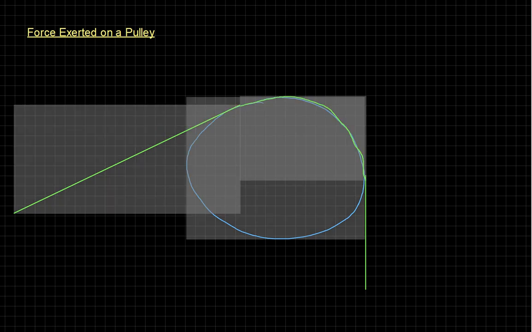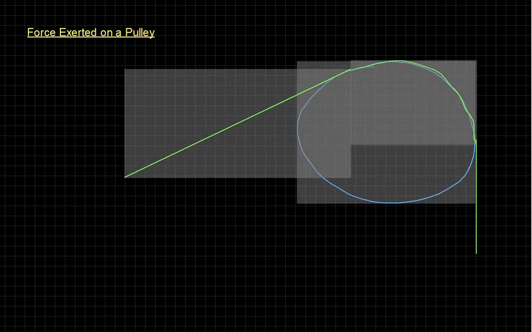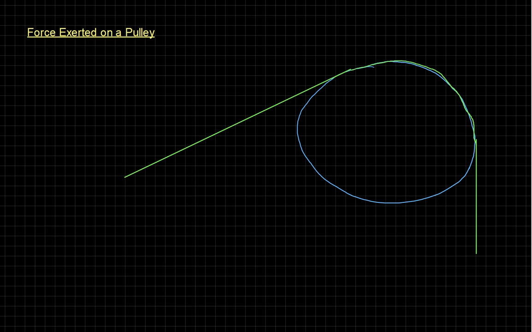And as I said, you've got tension on both ends of the string. So in this case, you've got some tension going down here, say, and some tension going along here. Okay, so there's some tension there, and there's some tension there. Okay, now if you're asked what's the force exerted on a pulley, it's not T. What it's actually asking you for is what is the resultant of both of these two tension forces pulling on